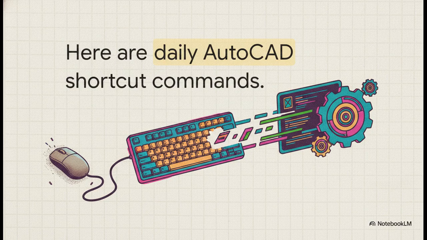Need to quickly trim overlapping edges on a custom bracket profile? That's just TR. What about rounding off a sharp machined corner to reduce stress concentrations? You just hit F for fillet. By embracing these commands, you stop pointing and clicking your way through menus, and you start communicating with the software directly. It drastically cuts down the time it takes to get a concept out of your head and onto the